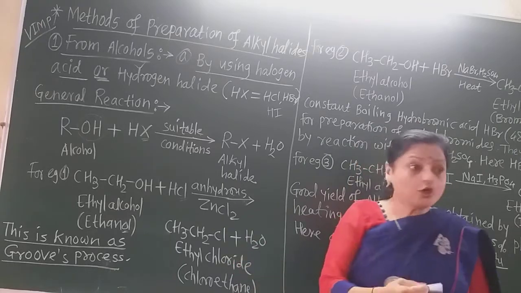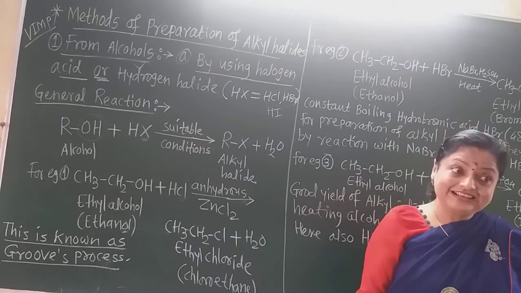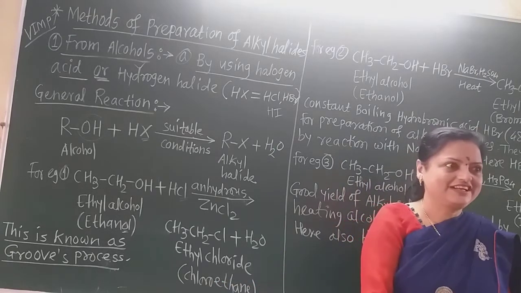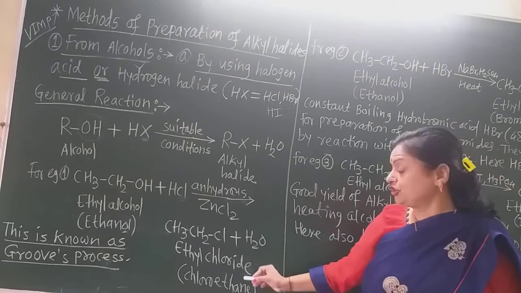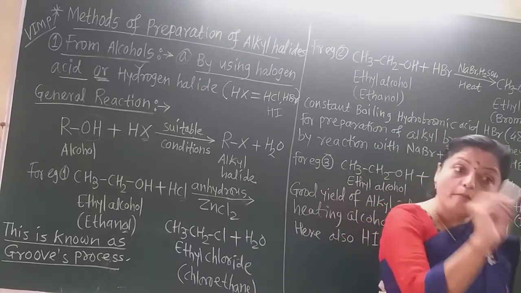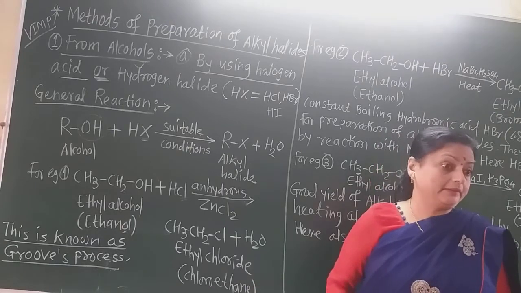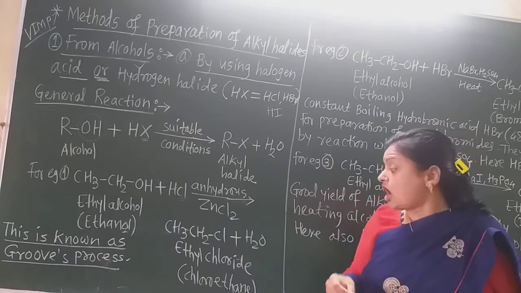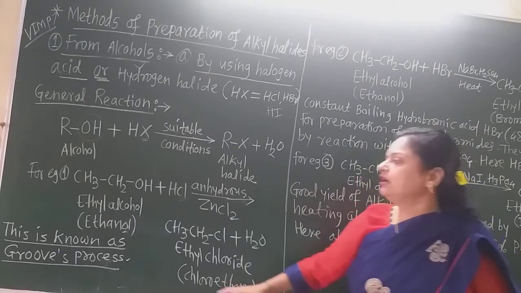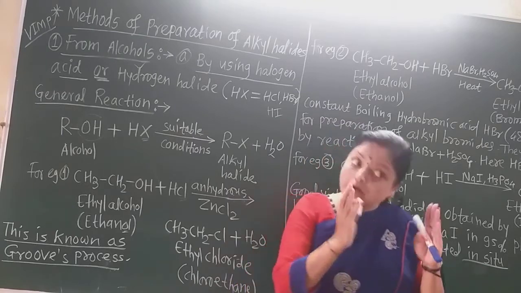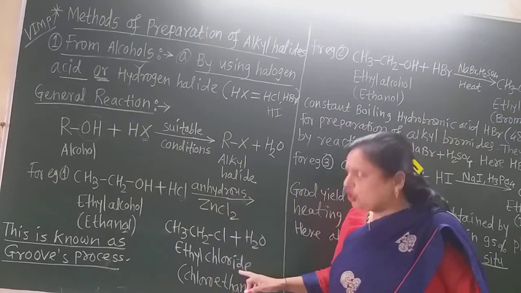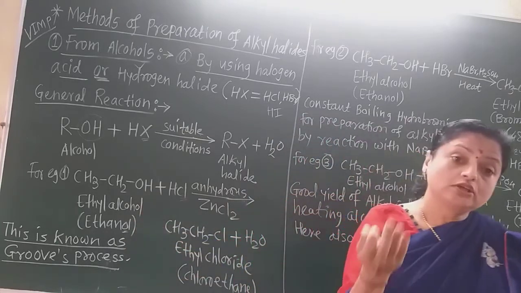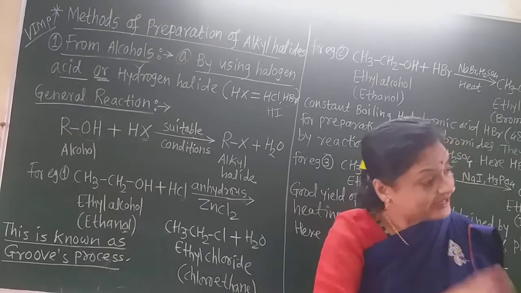But we now know the nomenclature of alkyl halides. What is the IUPAC name? Chloroethane. In the last lecture you learned about the nomenclature. So you must write both names, the common name and the IUPAC name, that is very important. Sometimes in the examination they ask questions such as, how will you prepare chloroethane from ethanol? Then you must know chloroethane means ethyl chloride and ethanol means ethyl alcohol. So always practice both names, the common name and the IUPAC name.